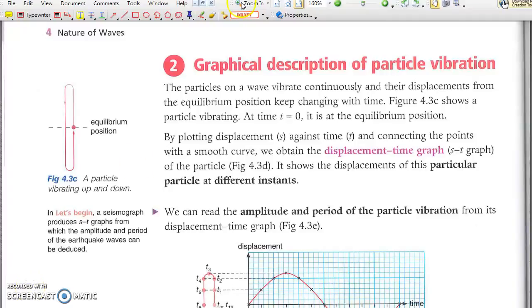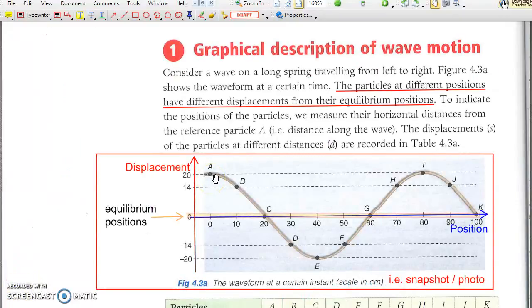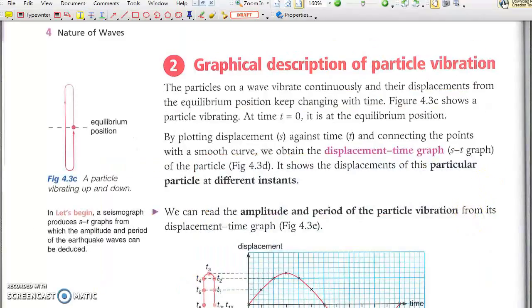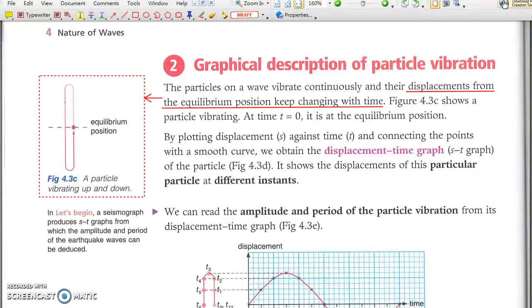Part 2. Graphical description of particle vibration. In Part 1, we learned that different particles have different displacements at a particular time. And what about the displacement of a particular particle? How does its displacement change with time? A displacement time graph shows the change in displacement of a particular particle, and therefore the displacement of a single